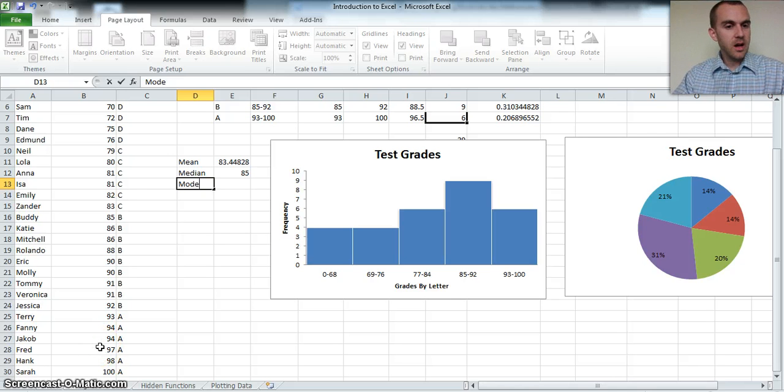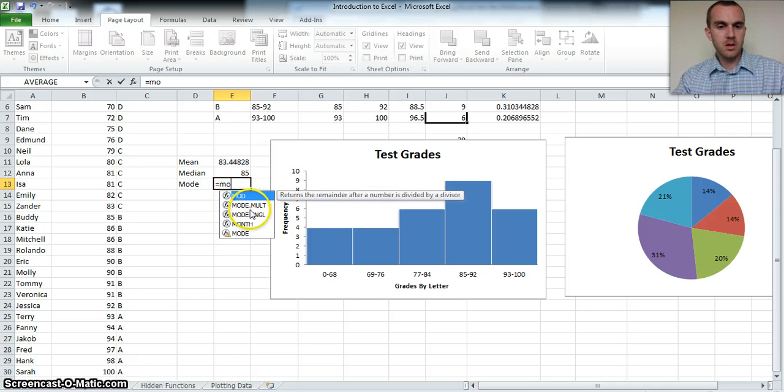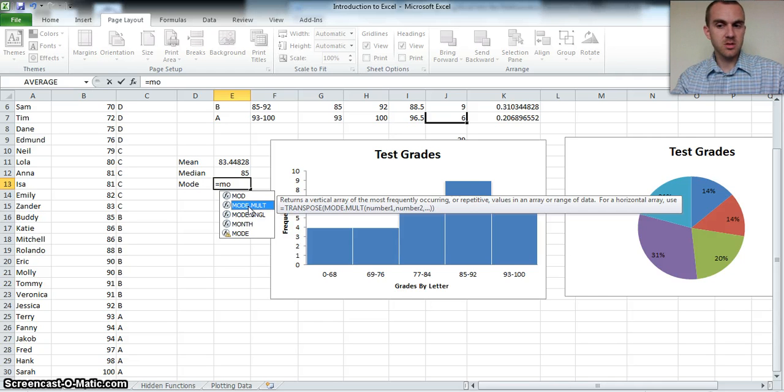So I've got a lot of values that are modes for this data because my mode is sets of 2. However, if I try using mode, I'm just typing M-O, look, there's a mode, it says dot multiple, mode dot single, and even like an old code mode. The problem is, even if I use this multiple,